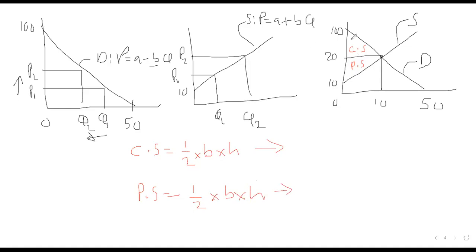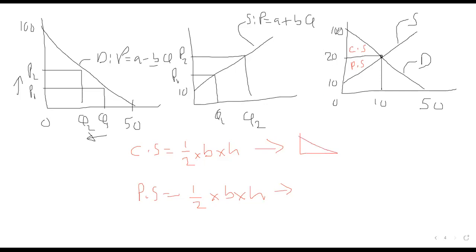So here we have our consumer surplus. This is the area above this triangle on top. It is simply the area under the demand function. Then the area above the supply function is called the producer surplus. So if you're going to calculate this triangle here,